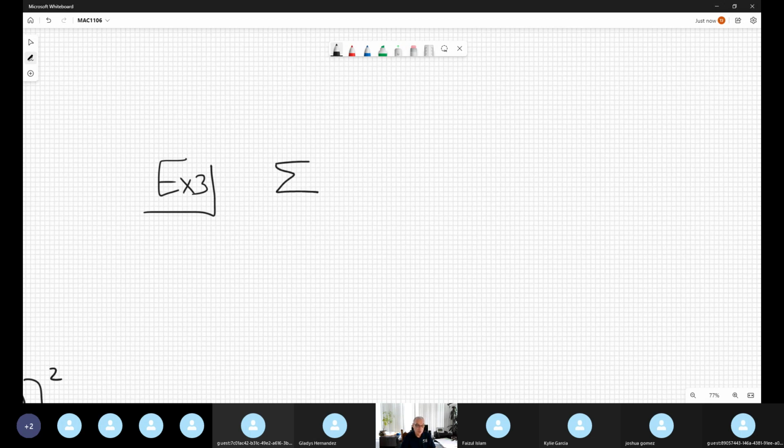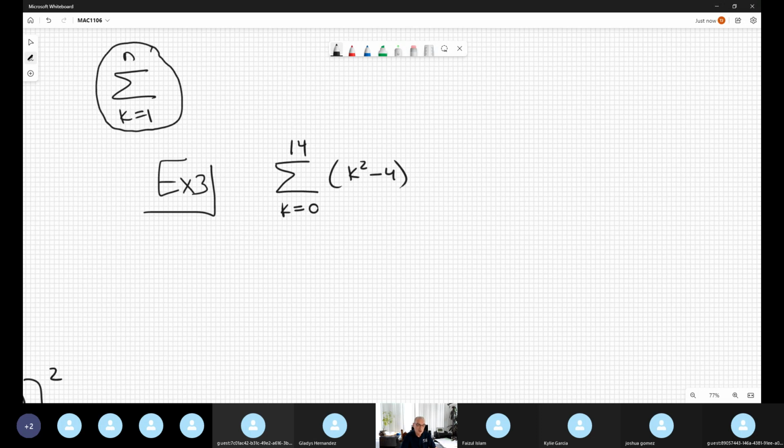Suppose the summation from k equals 0 to 14, and the expression is k squared minus 4. What's the new situation that this problem brings? Any summation that we studied before in the property started at 1 and went to m, or n, or 14 here. But this is the new thing, it doesn't start at 1. So you need to do something to modify it, because before applying the property, it is valid under the consideration